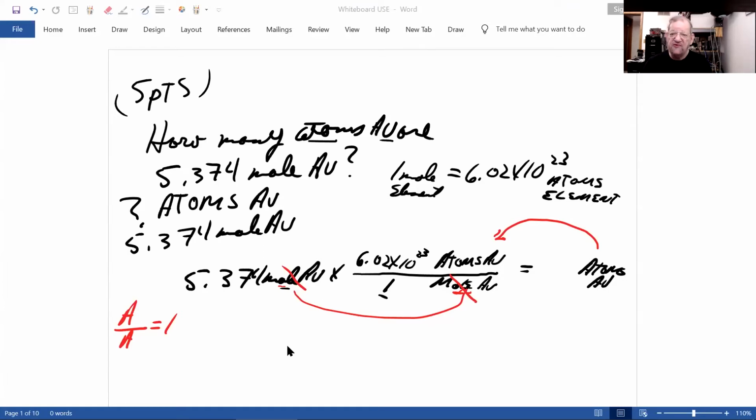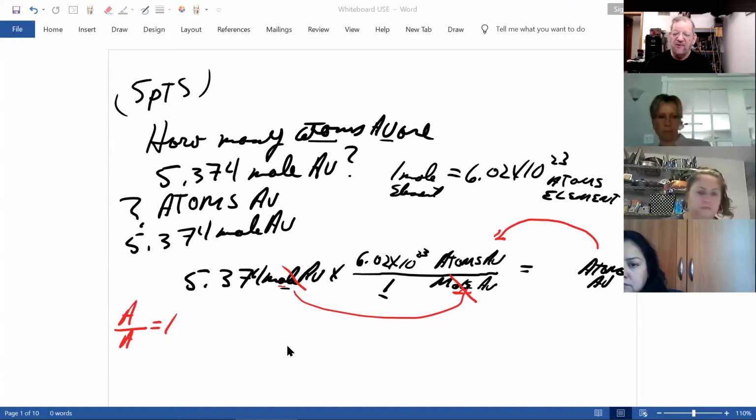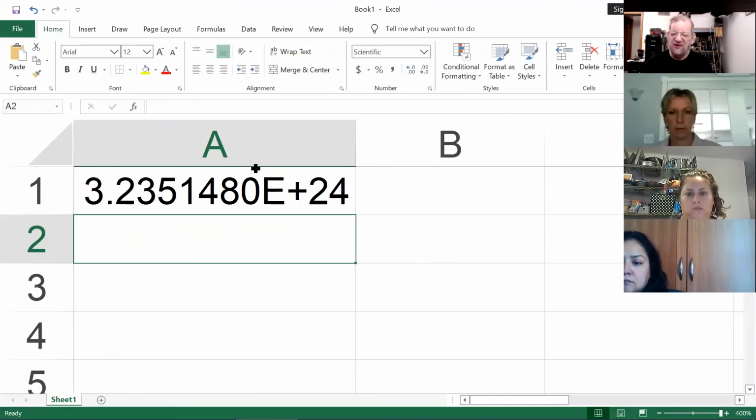Let's see if I'm in screen sharing mode with the right screen. I am. And everybody should see the spreadsheet. And this is the number your calculator gave you. Now, 5.374. Dr. White, we can't see the spreadsheet. Zoom tells me you should. Do you see it now? That's why I asked for my thumbs up, people, because it burps on me like that. Worse than a burp. But anyways, now that you can see it,